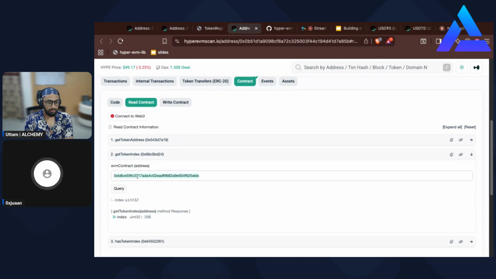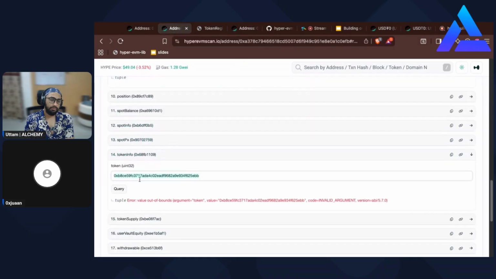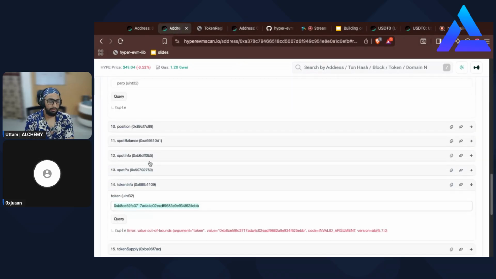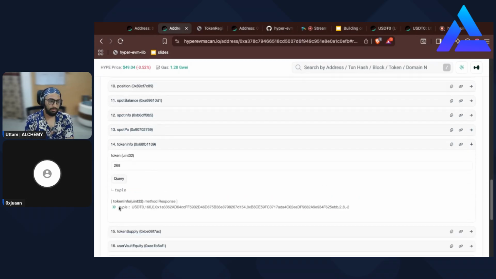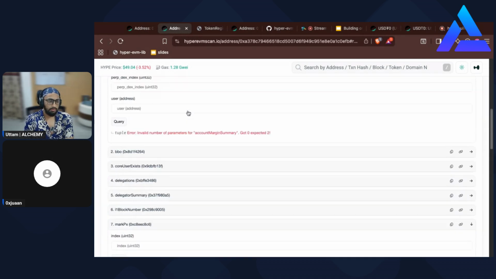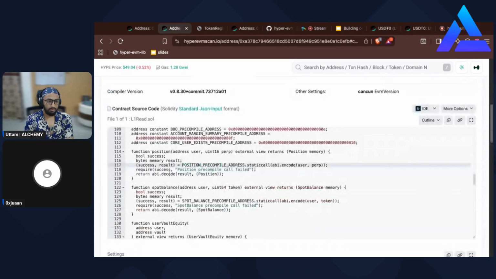So on the EVM, they have these addresses that we're used to. And then on HyperCore, they just have these uint32 numbers. So now that we have that number, we can go back to L1 read and put that in. Okay, so now we have all this info returned by a precompile. So that's indeed USDTO, that's the name. And let's see. So there's all this different information, but if we go back to the code,